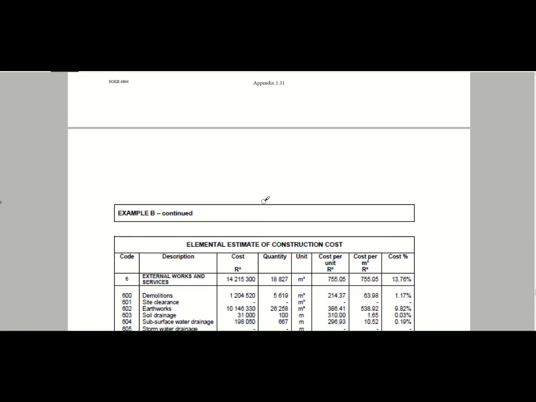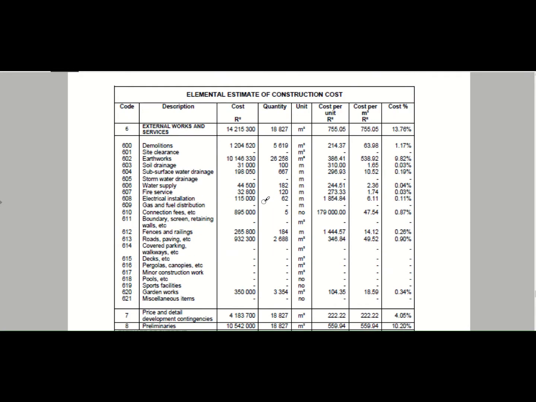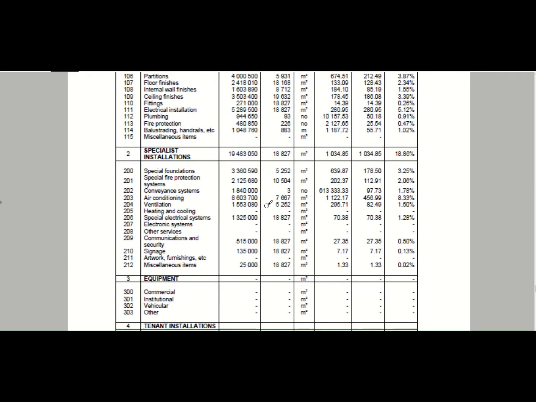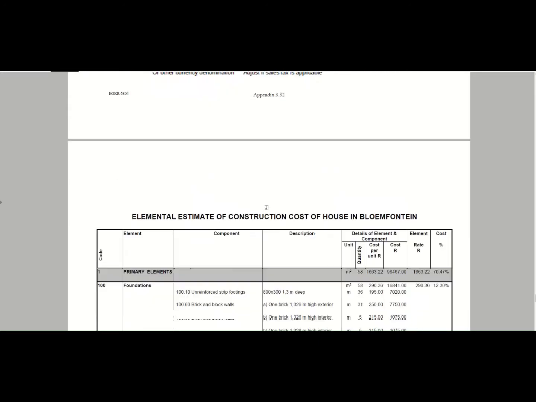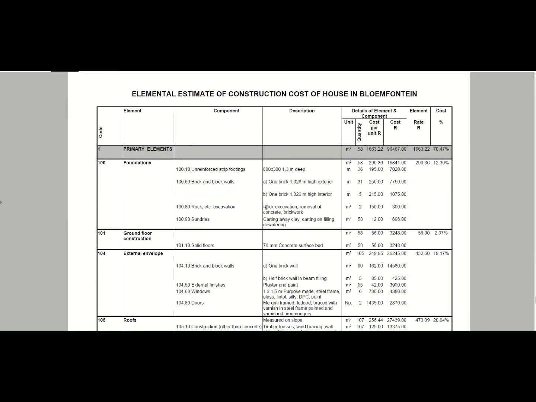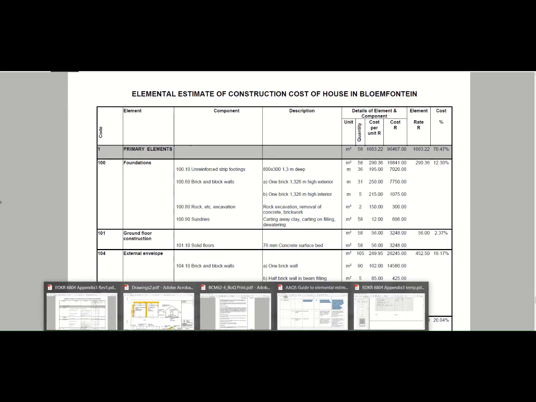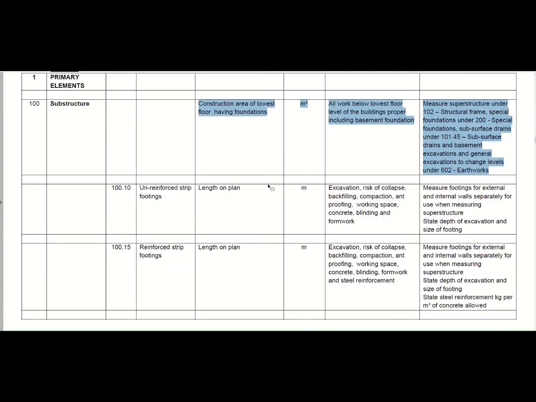Okay, welcome back. So this is where we left off. I just went through the different sheets and the displays of it, and now in this video we're going to look at the actual measurements and how to bring it forward into your elemental estimation. So again, if you go to your component level or your elemental guideline, our first item